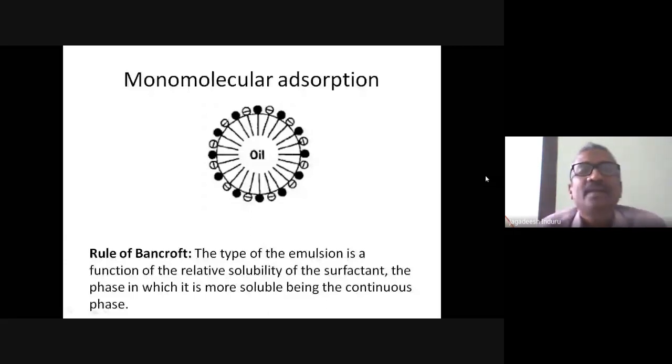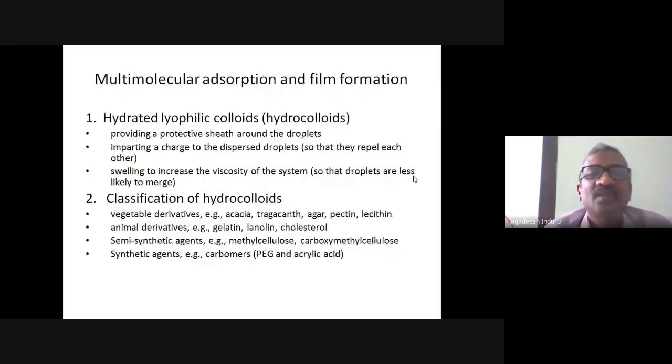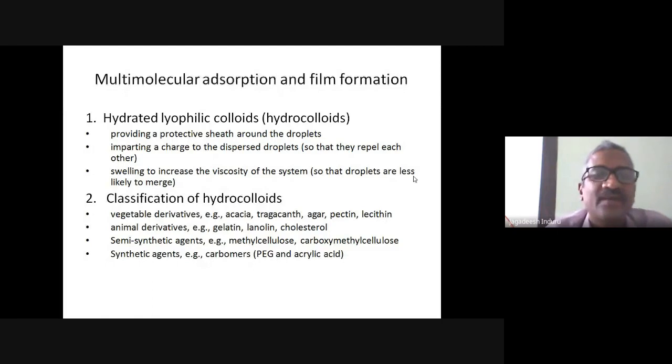Multimolecular adsorption film theory. In this particular case, you are going to have hydrocolloids. These hydrocolloids provide a protective sheath around the droplet and impart a charge to the dispersed globules, and they increase the swelling and the viscosity of the medium so that they prevent coalescence. Most of these hydrocolloids are divided into four categories: vegetable derivatives, animal derivatives, semi-synthetic derivatives, and synthetic derivatives. Synthetic derivatives are completely from the lab, such as carbomer,